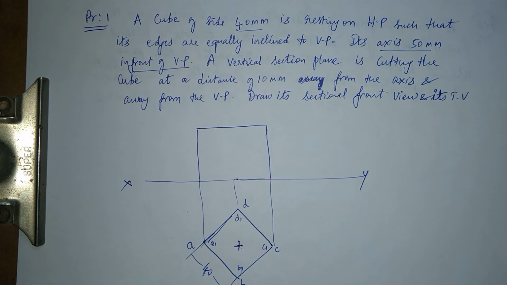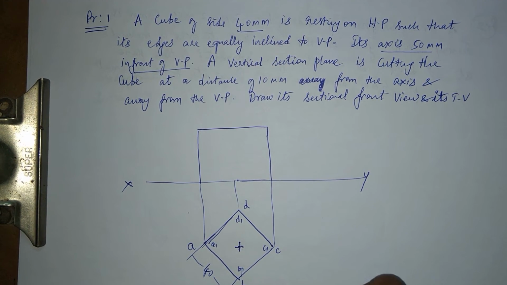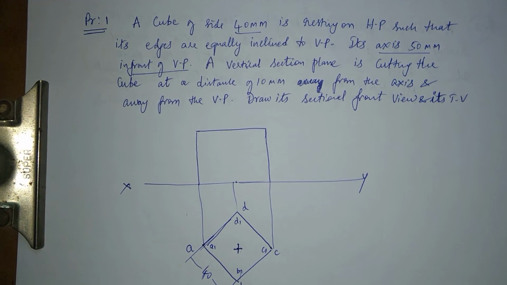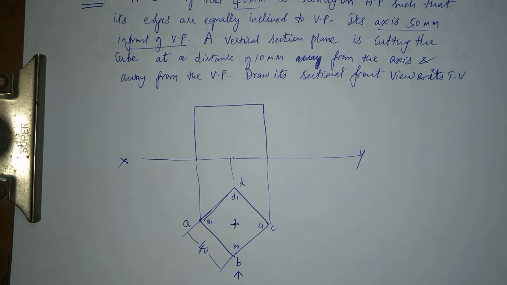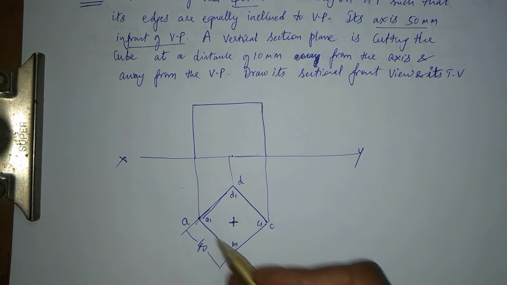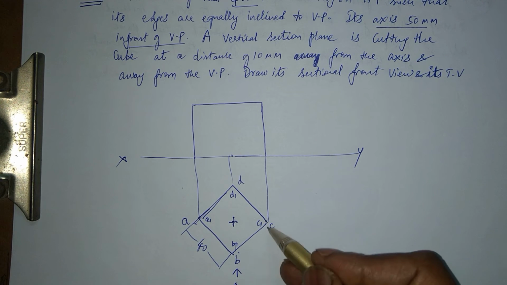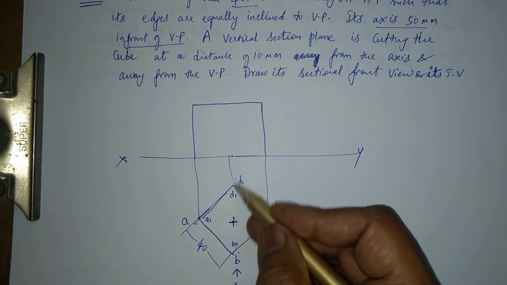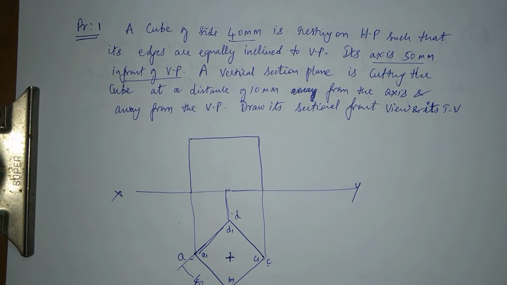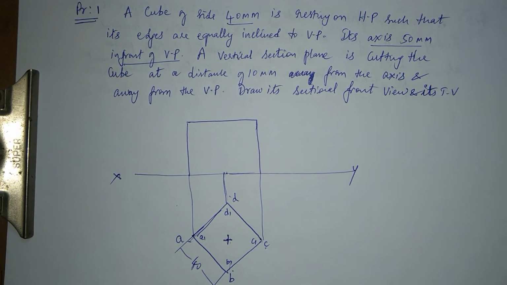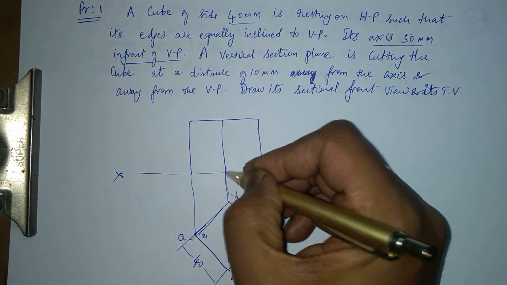Then I'll join the outline, like I told you in solids, we'll join the outline first. Seeing from this particular point, I can see that A, B and C are seen. That means AA1, BB1, CC1 are seen. DD1 is behind my sight, so I can't see DD1. So I'll go ahead and draw BB1 as well. So BB1 is done, it's a solid.